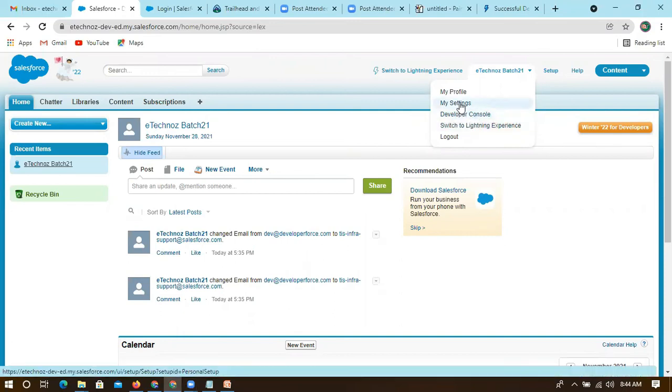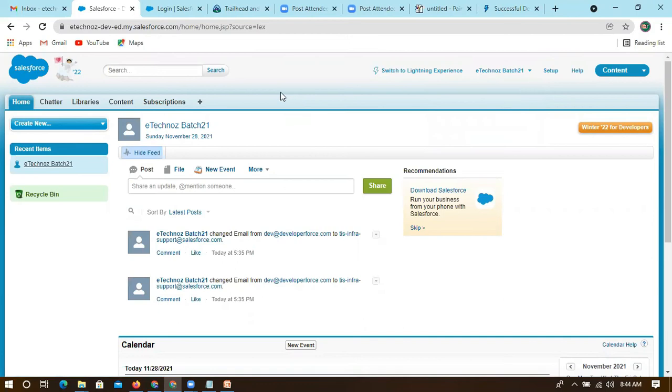We will be dealing entirely with force.com in this developer console. The Apex code and everything we will be writing here in the developer console. Switch to Lightning experience again, and if you want to log out, you can just log out, so log out and log in.